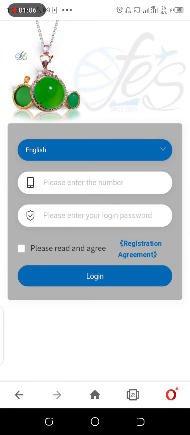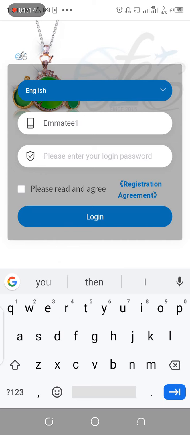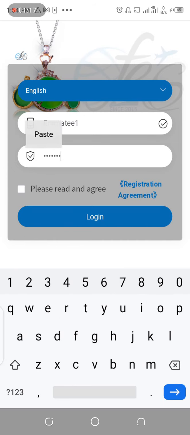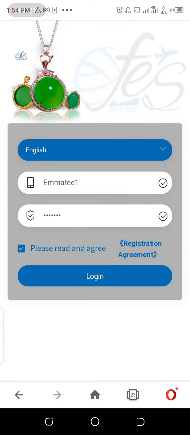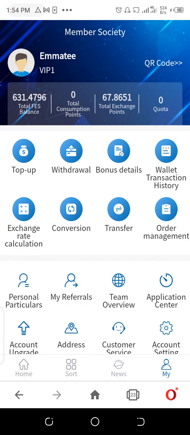And I say determine. Then the next thing is that I will log into the account I want to use for this illustration. So let's try that out right away, and I'll paste the password, and then I'll click on the checkbox. We always do this anytime we need to log into our account or any account you need to log into. Now I'm in the account, and the next thing is that you can see the first balance in this account.